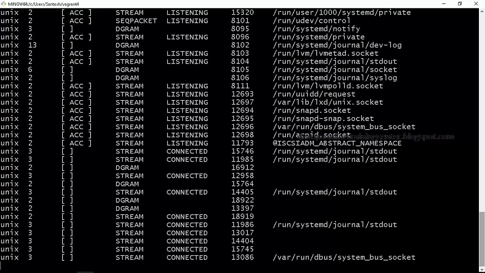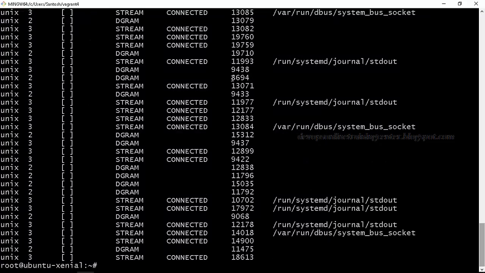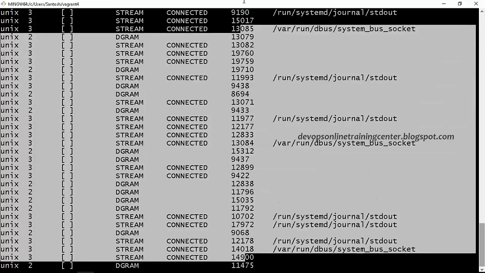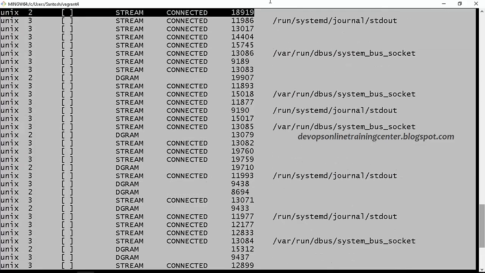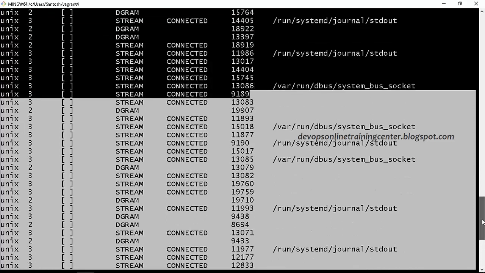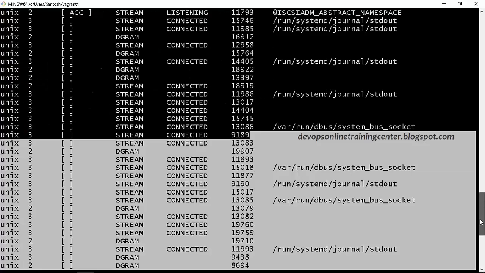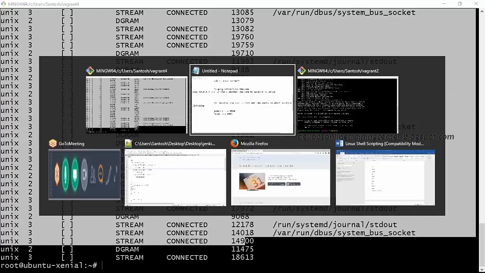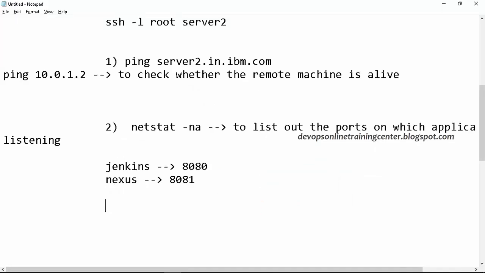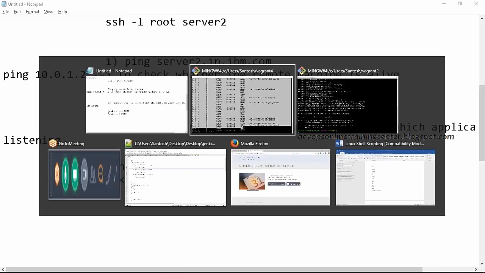If you just give it, it will give the information about the ports. These are the ports. So to check whether an application is running or not, we give this netstat -na command.